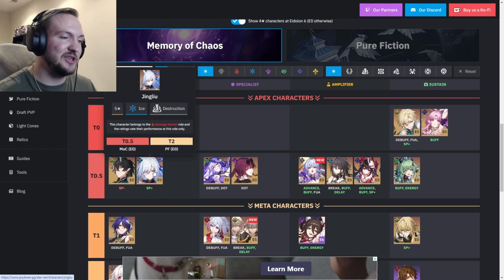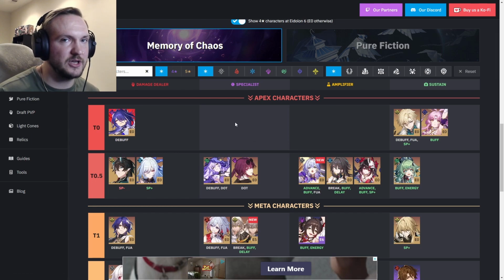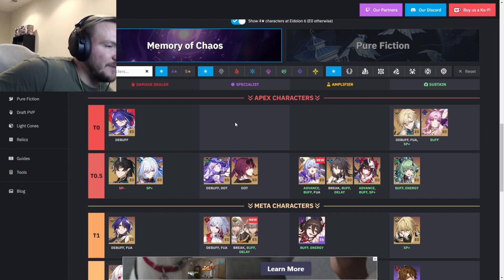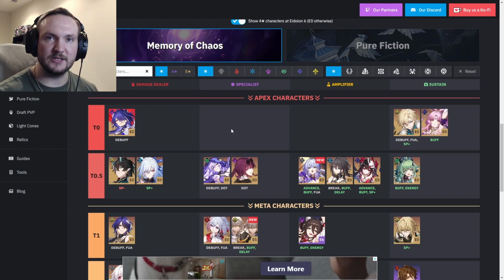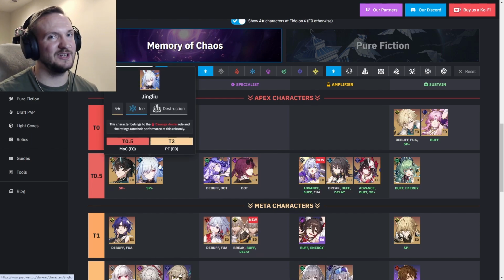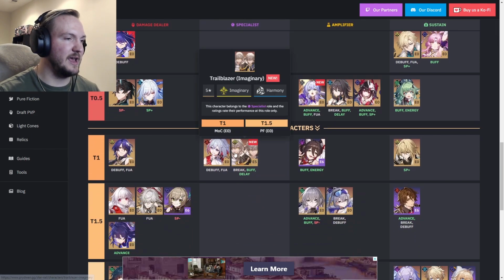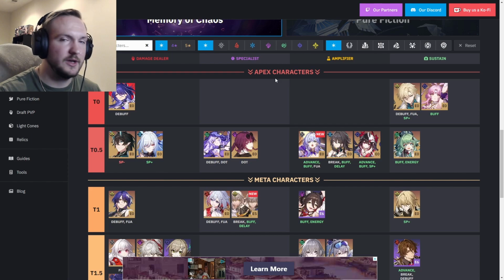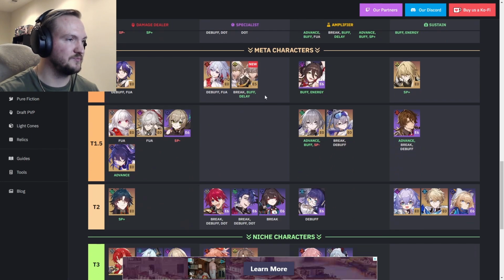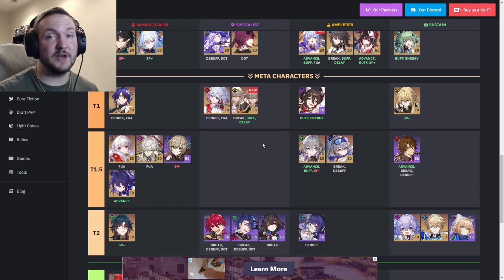Yeah. Jing Liu, skill point positive. Let's go over here. Nihility doesn't really have an Apex character yet. Kafka and Black Swan are definitely the apex of them. Well, not apex, but the tier 1, the meta right now. And well, actually they are the apex category, so I take that all back. Never mind. The new Harmony Trailblazer,